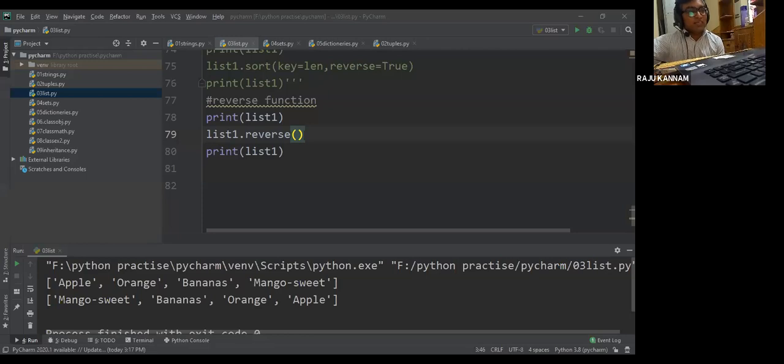But here in set, you will not get in same order. That means order will not be maintained in the set. So it can store in any manner. If you are giving 5 elements, all the 5 elements will be stored, but not in the same order as you are given.